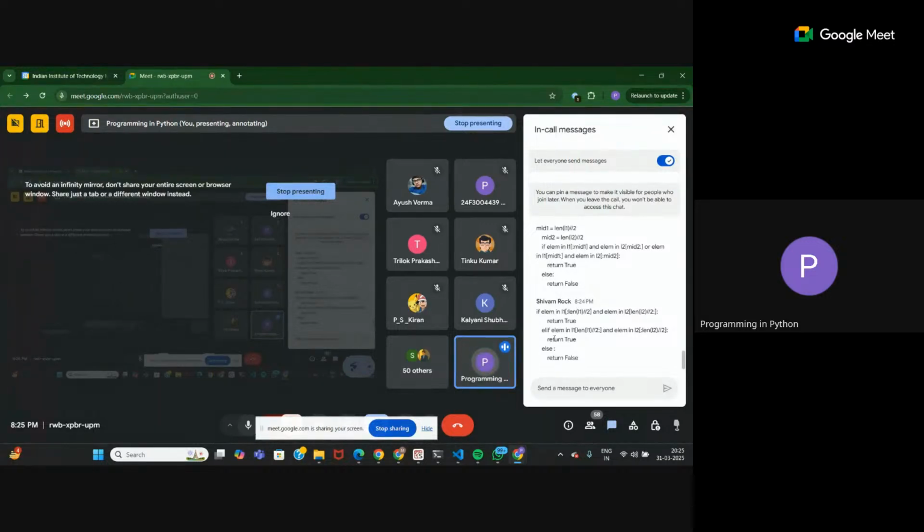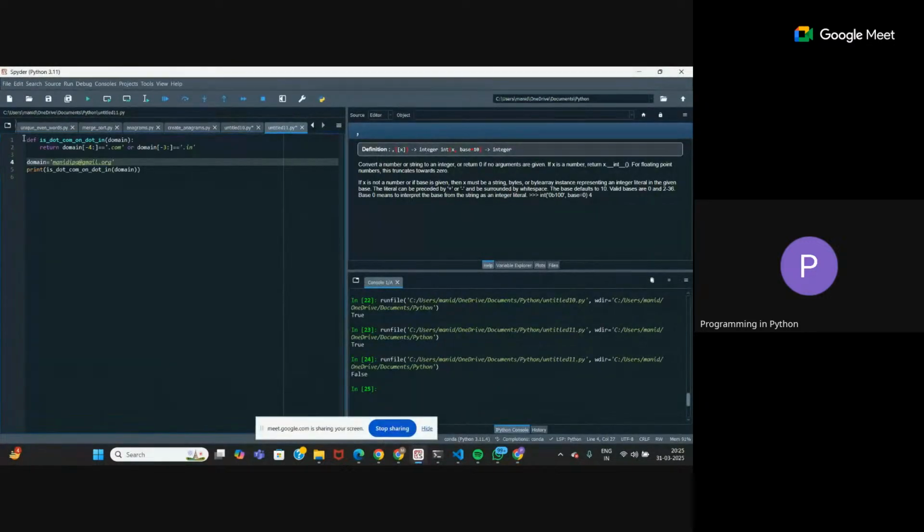Good. So this is a basic slicing question, right? So you just have to check both halves of each list. So should I write it? Okay.